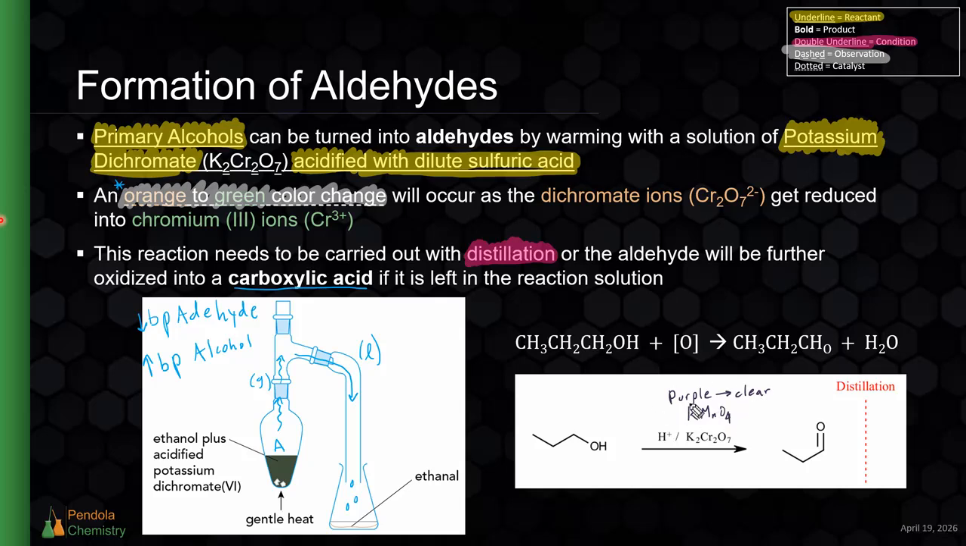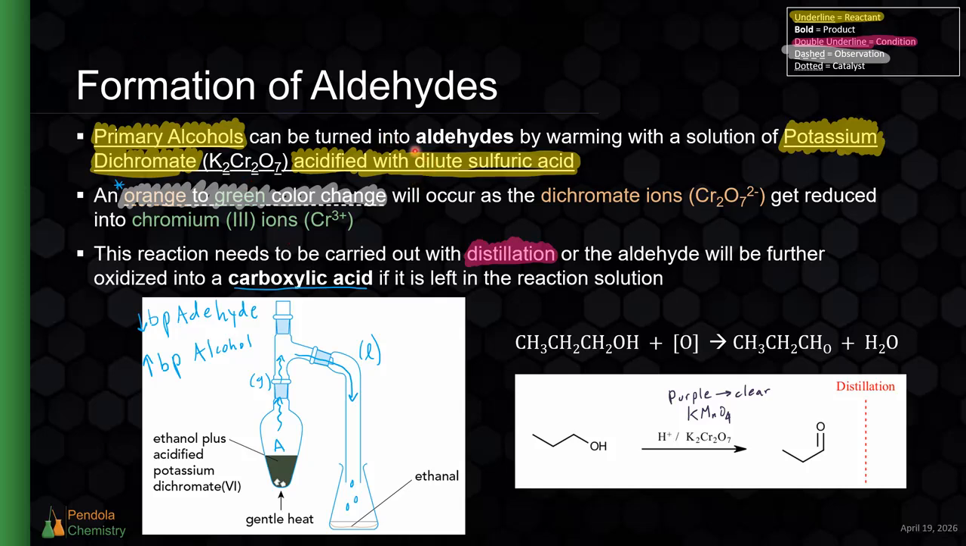But that's with the dichromate. With the potassium permanganate, that's with the potassium permanganate. With the dichromate, we'll get an orange to green color change as our observation. So this is again a review from chapter 17, where we saw the oxidation of primary alcohols into aldehydes and